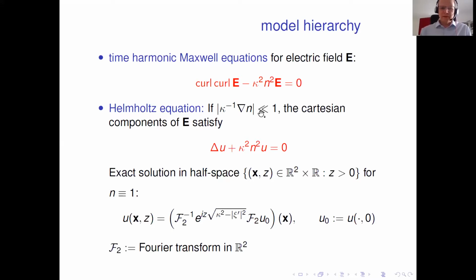And I mean, as is well known, if the gradient, so if n is slowly varying, which for X-rays, which have very small wavelengths, is very well satisfied, then this can be reduced to the Helmholtz equation for the Cartesian components of the electric field. And now in the